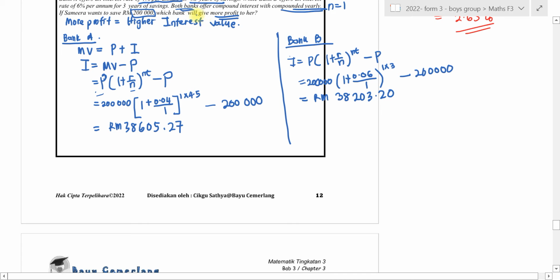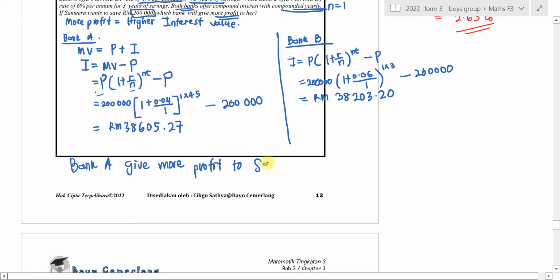So the question, read back. If Samira wants to save 200,000, which bank will give more profit to her? So bank A. You answer the question back, we just proved the calculation only. Now you need to tell bank A gives more profit